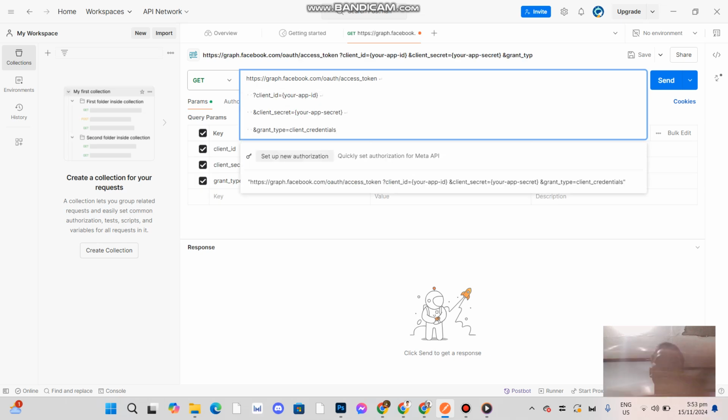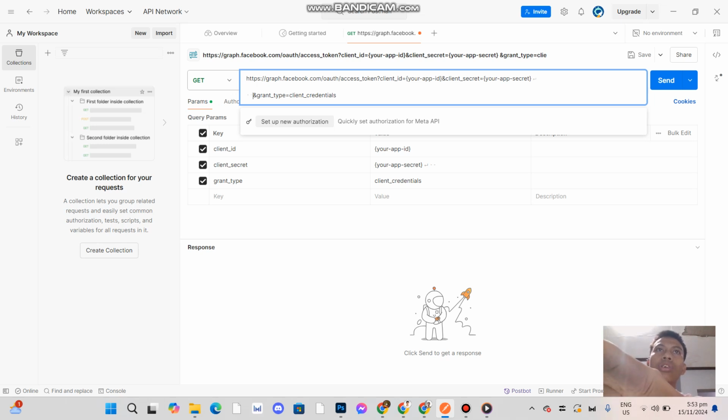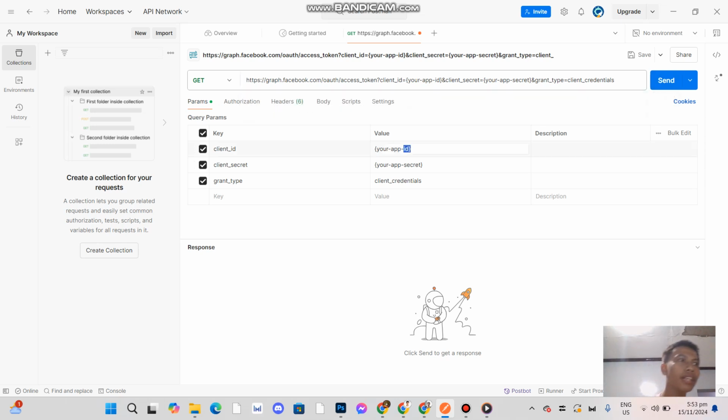Next, we need to arrange it so that the console will not show an error. So, copy the URL and all three queries and the grant type query.